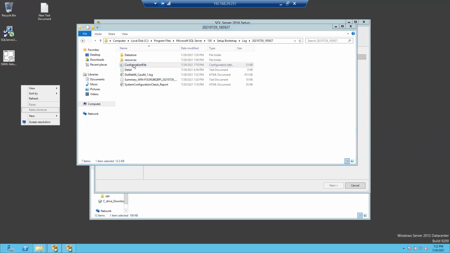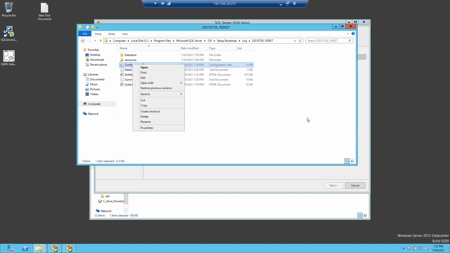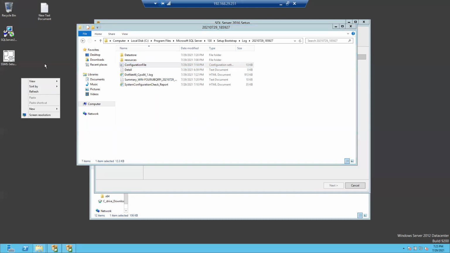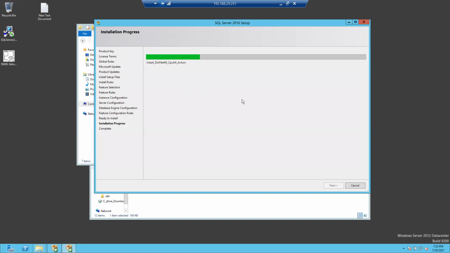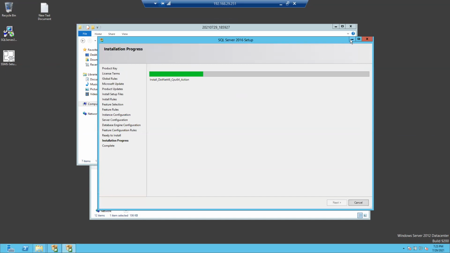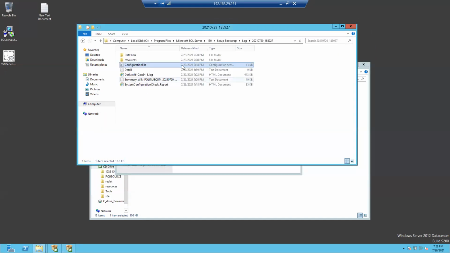Copy, pasting. So this is the configuration file, this is the path for that one: C program files, Microsoft. During the installation, it is not allowing us to copy. That file is already in use, so it is not allowing you to do that.